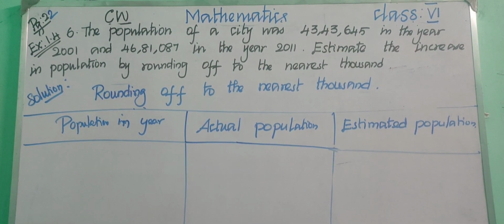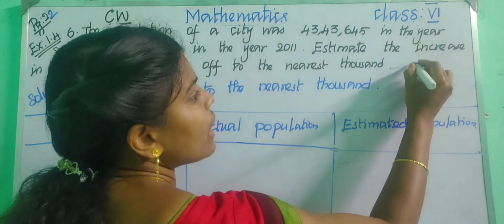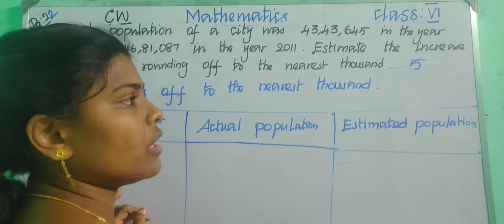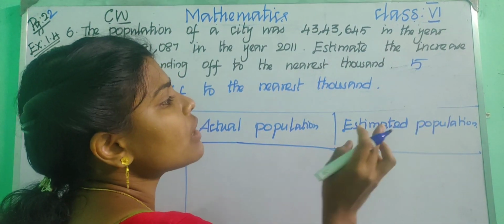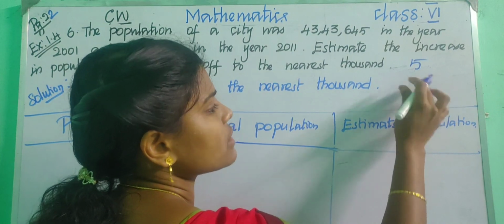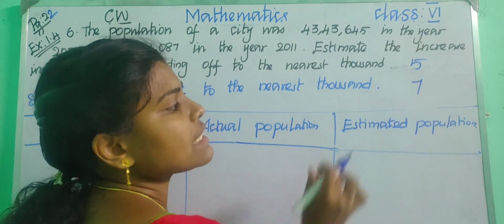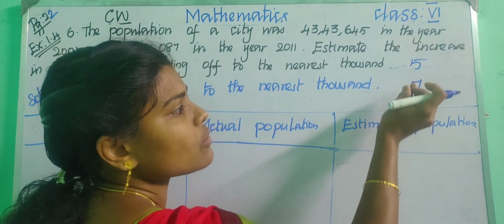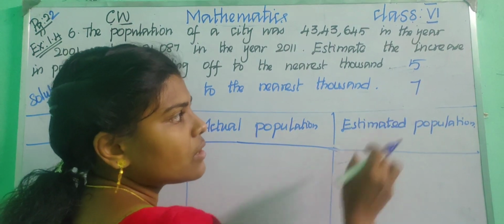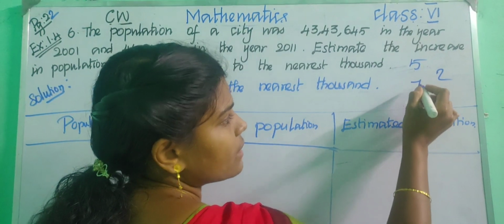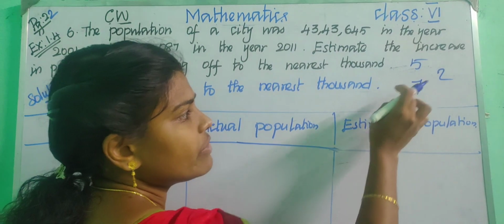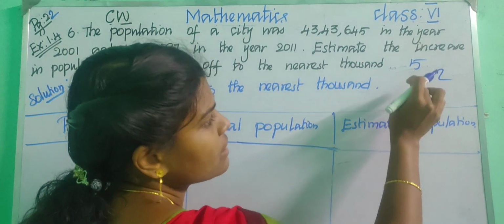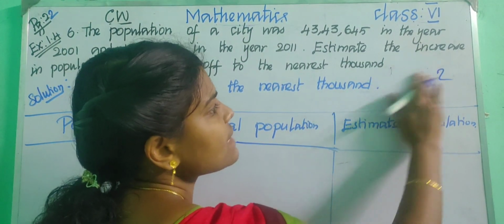So what we need to do, children? Simply, if you are having 5 chocolates with you today, you didn't eat them, and tomorrow your father gives you 2 more chocolates. So totally the next day you are having 7 chocolates. How many chocolates are increased? It is 2 chocolates, right? How did you find that 2 chocolates are increased? We need to subtract 7 minus 5, that is 2. So that is the thing we are going to do.